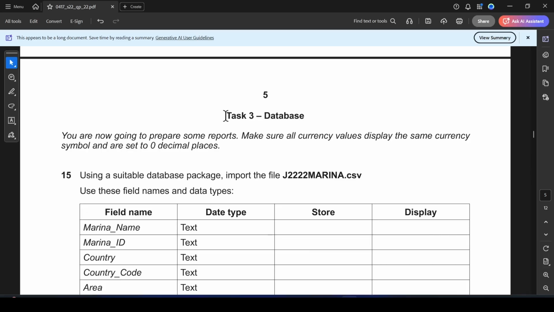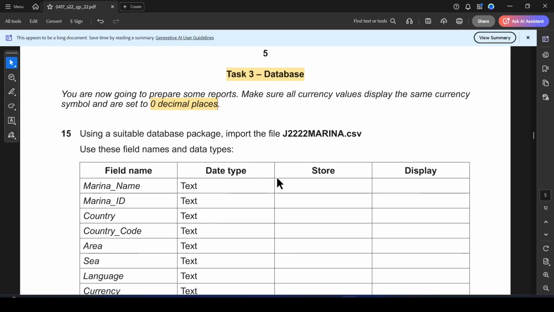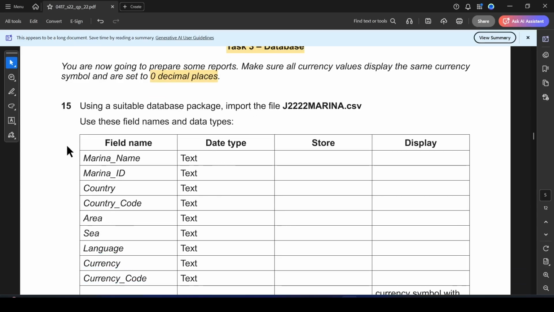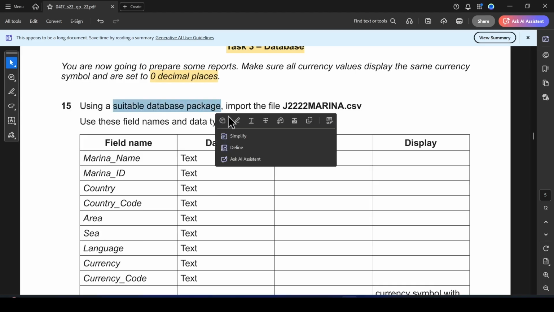So we need to start from Task 3, databases. You are now going to prepare some reports. Make sure all currency values display the same currency symbol and are set to 0 decimal places. Students, you can use any currency symbol, dollar or euro or rupee. Alright, anything you can use. Use a suitable software package. Import the file